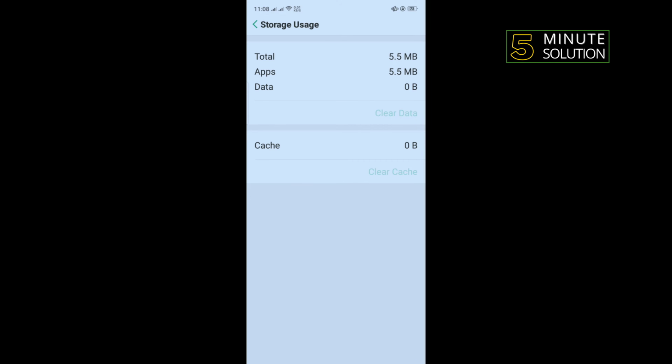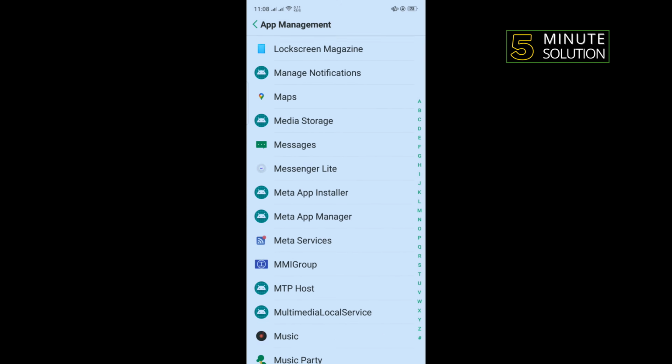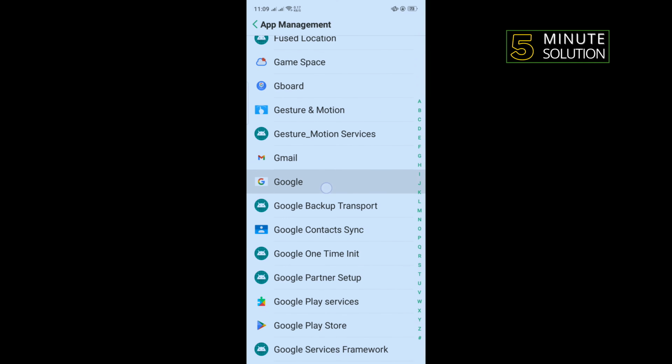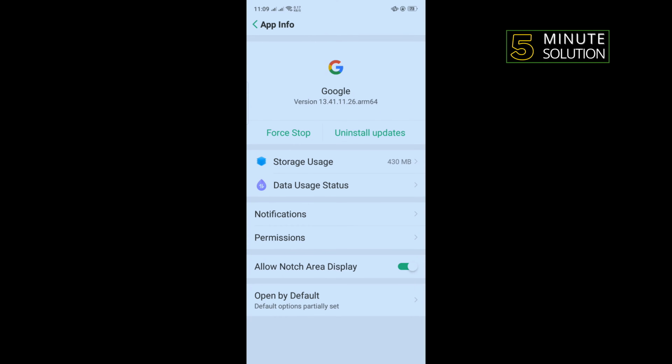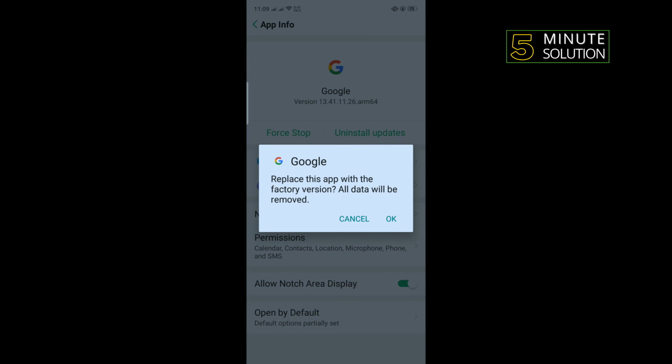Tap on back, and from this list tap on Google. Tap on uninstall updates, uninstall. Okay,